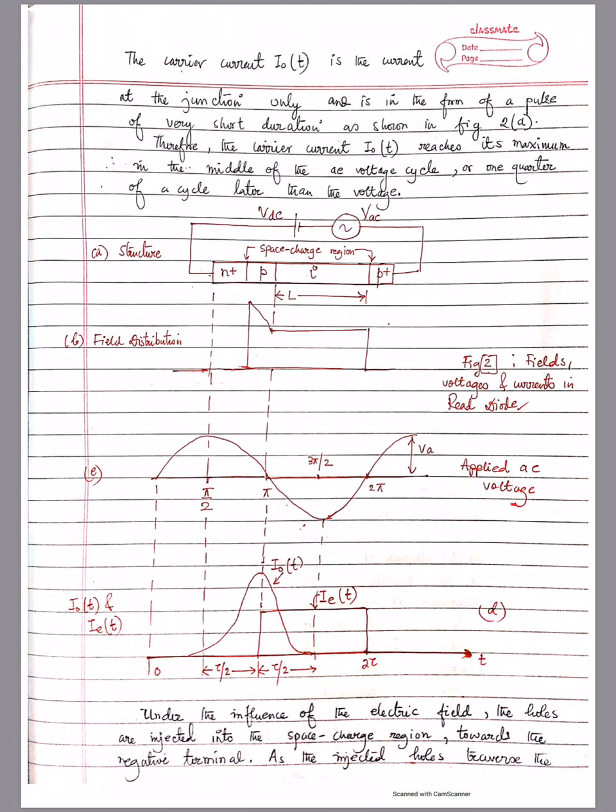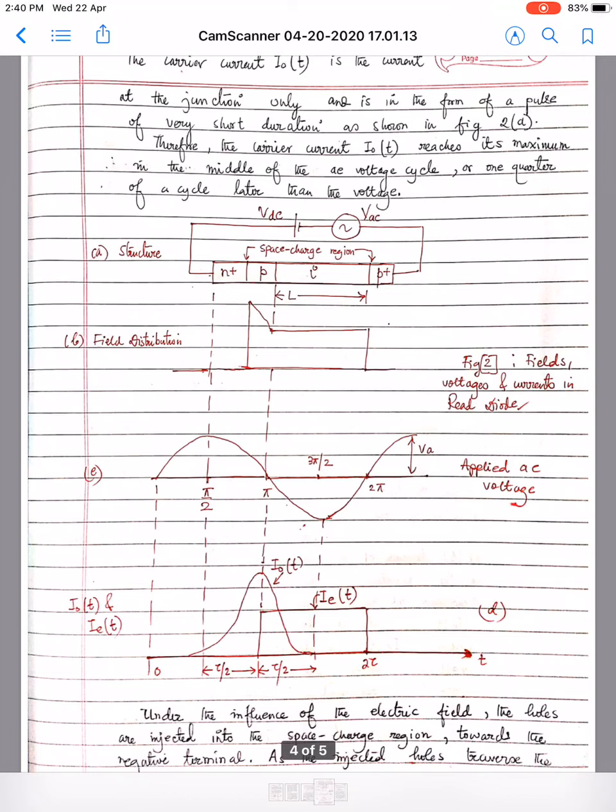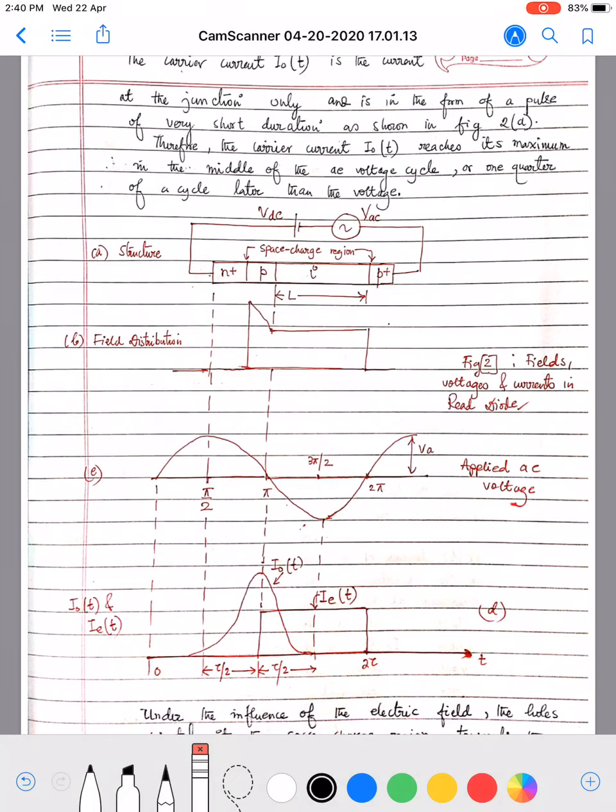Let us see what circuit we are talking about. This is the reverse bias feed, DC, and there is an AC signal in series with the reverse bias. Now the choice of the AC signal frequency will have to be in accordance with the construction of the IMPATT diode. That we'll see very soon.